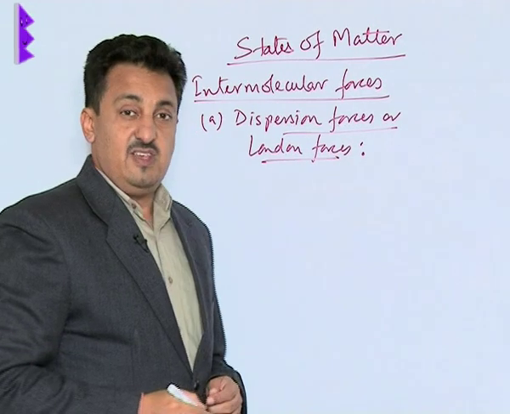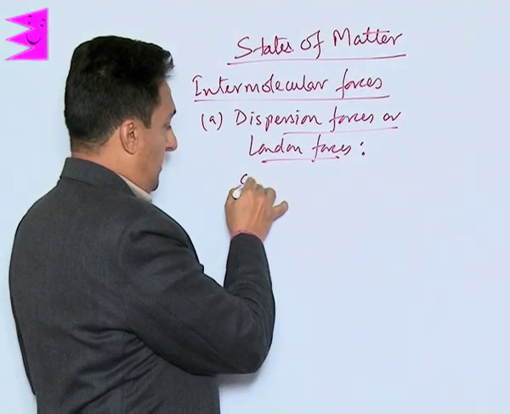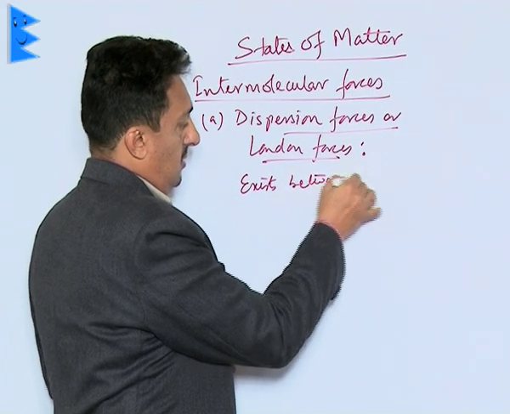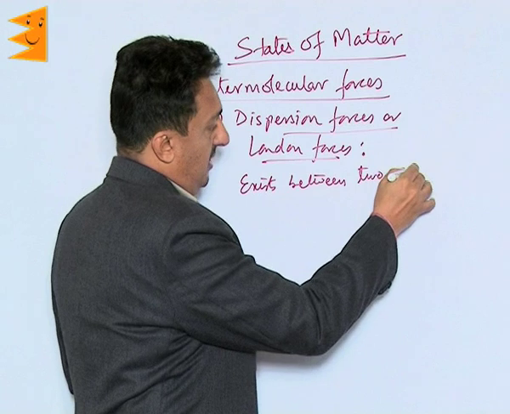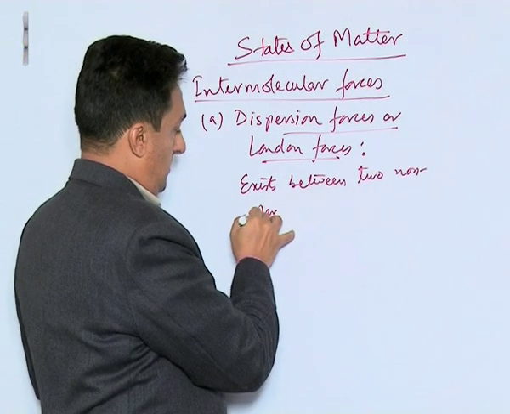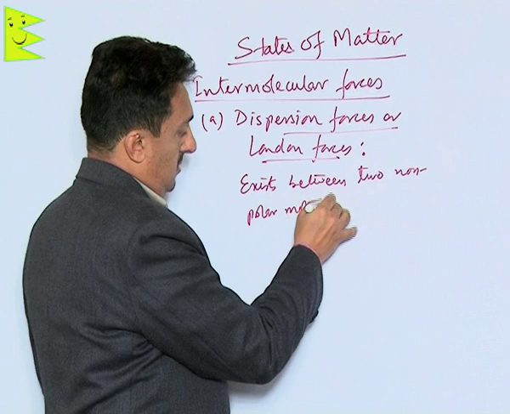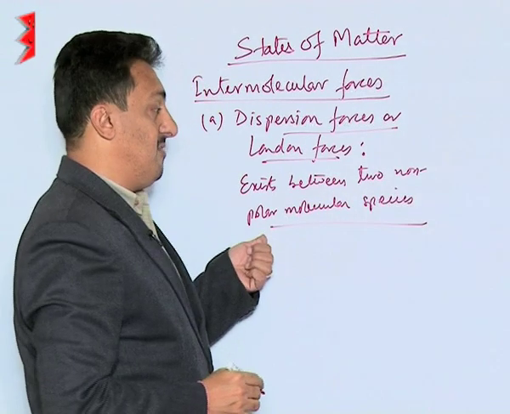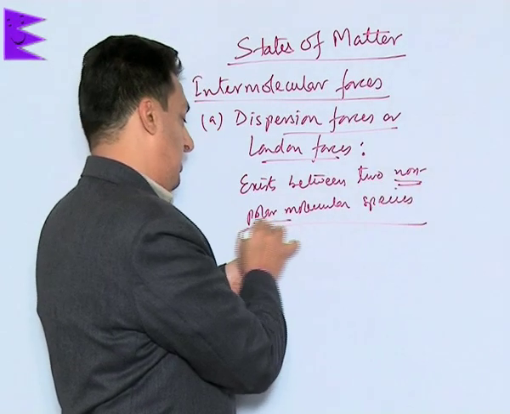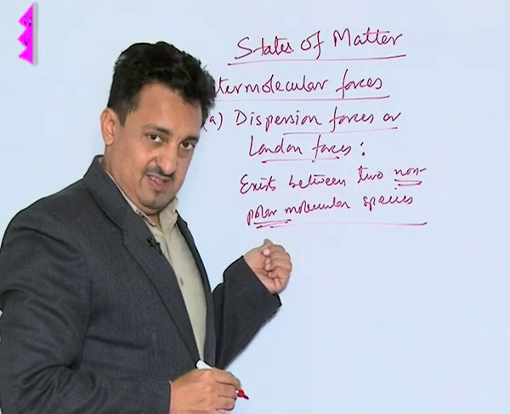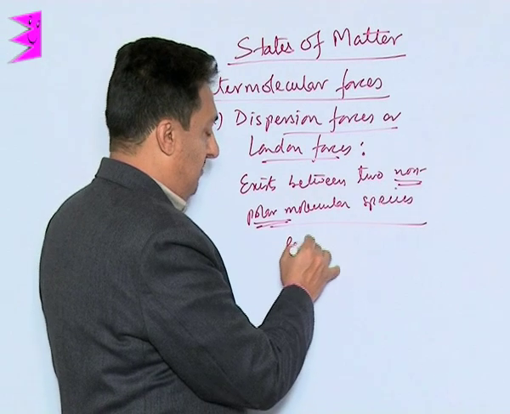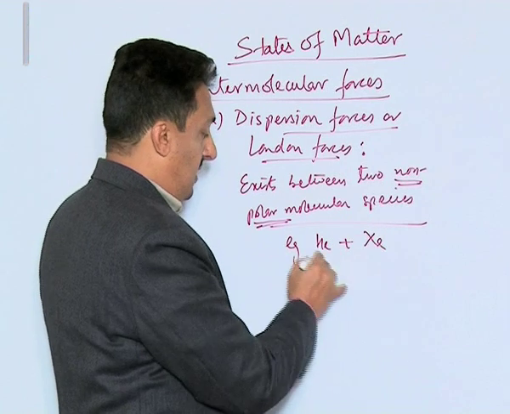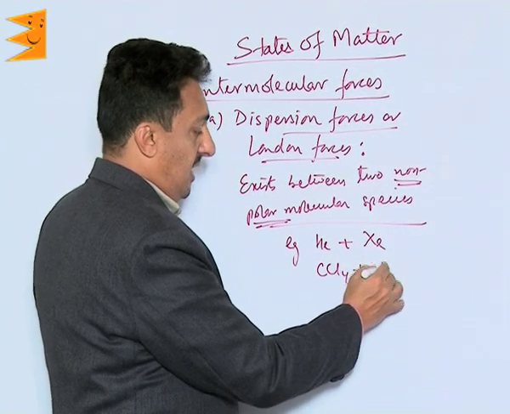These are the forces which exist between two non-polar molecular species, and that's most important, non-polar molecular species. Let me give an example: between helium and xenon, between CCl4 and iodine,